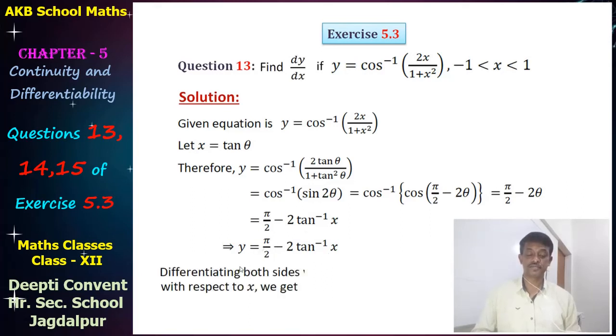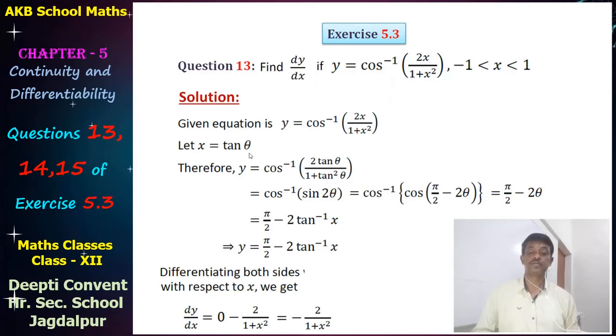Now differentiate both sides with respect to x, we get dy/dx equals 0 minus 2 times the derivative of tan⁻¹x, which is 1/(1 + x²). So minus 2/(1 + x²). Here the trigonometric formula is main: try to convert it, and the inverse also, for cancellation of this inverse. So you have to convert sin θ into cos θ like this, then 2 tan⁻¹x, and the derivative of tan⁻¹x is 1 upon 1 plus x². So this is the derivative of y. That's it. Okay, so this was the solution of question 13 for the substitution x = tan θ.